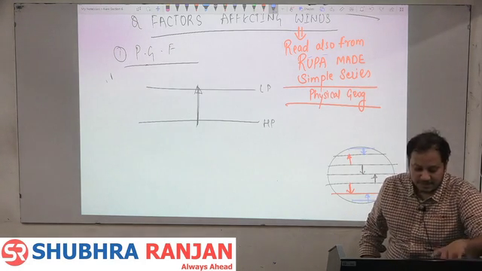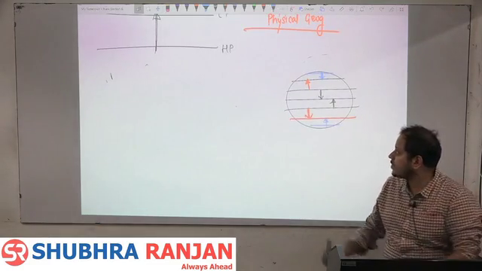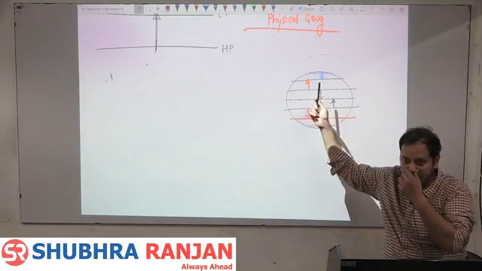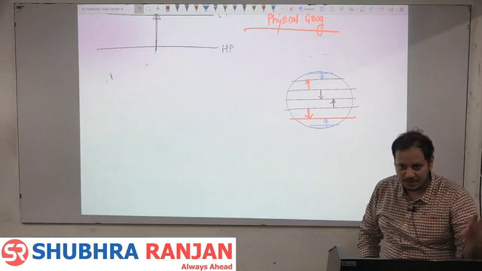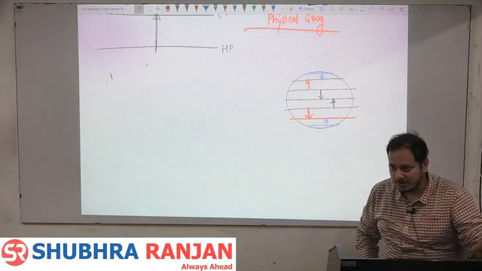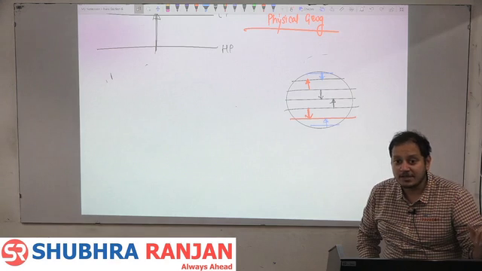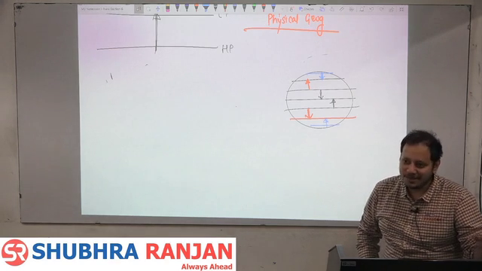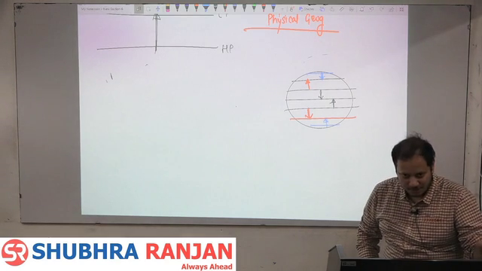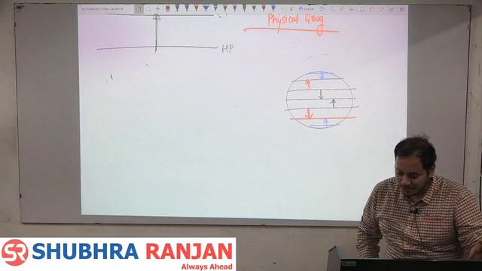That is, can I say wind always flows perpendicular to the isobars? In pressure gradient force, wind always flows perpendicular to the isobars, if the other conditions don't exist, then only. But there are some other conditions that exist. That is the rotation of the earth. And because of the rotation of the earth,